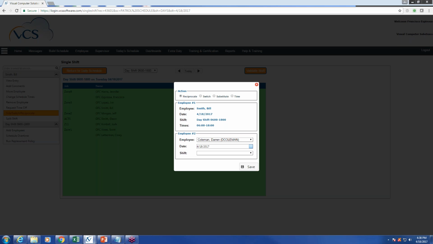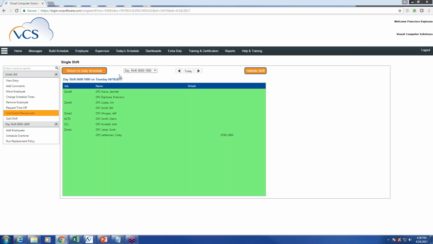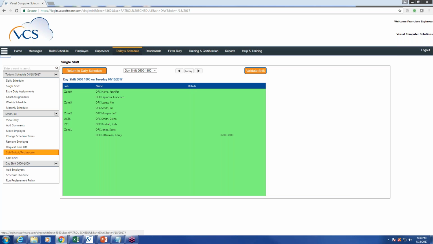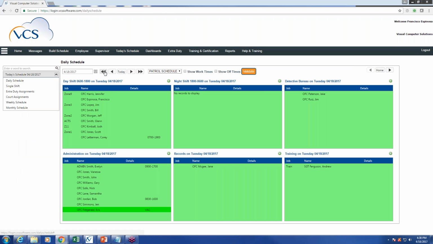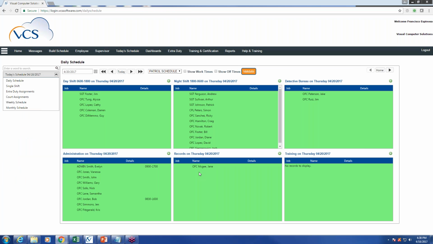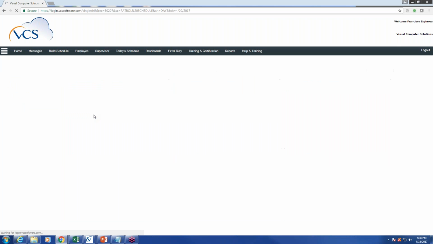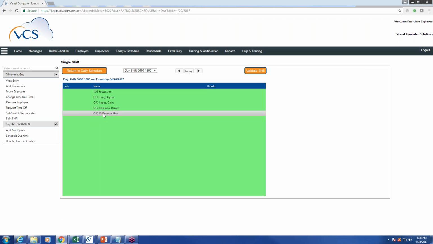I'm going to choose a day where I know I have certain people working. Let's go back to today's schedule, to our daily view. And I'm going to post it for April 20th. And for this example, I'm just going to have 2 people trade shifts. It will be for the same day, but just to keep it simple, I will select